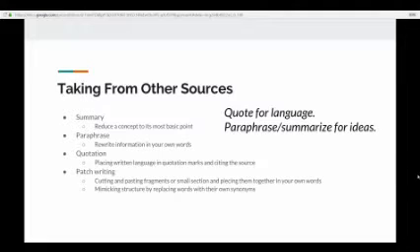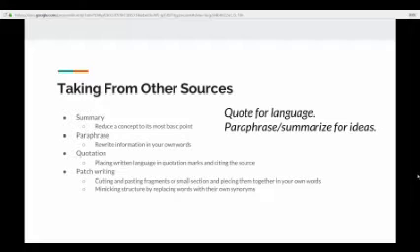You paraphrase, which is rewriting information in your own words. The difference between these two is that summary is a reduction, paraphrase is a simple restating. So it's actually a difference in size. Quotation, obviously, is placing written language in quote marks and citing that source.